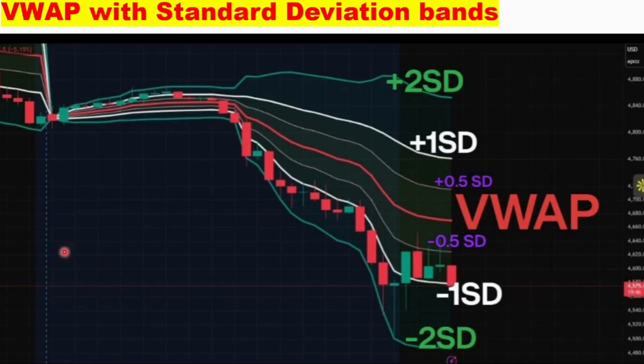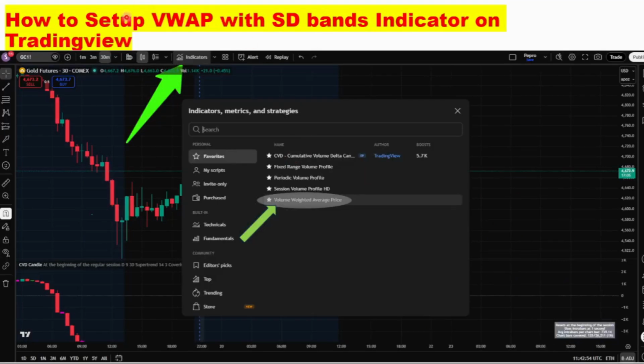In today's session, we are going to explore VWAP, what it is, how it works, and why it's so important in trading. We also talk about VWAP standard deviation bands and how we can use them to make more informed trading decisions. Before we move on, we need to know how to set up the VWAP with standard deviation bands indicator on